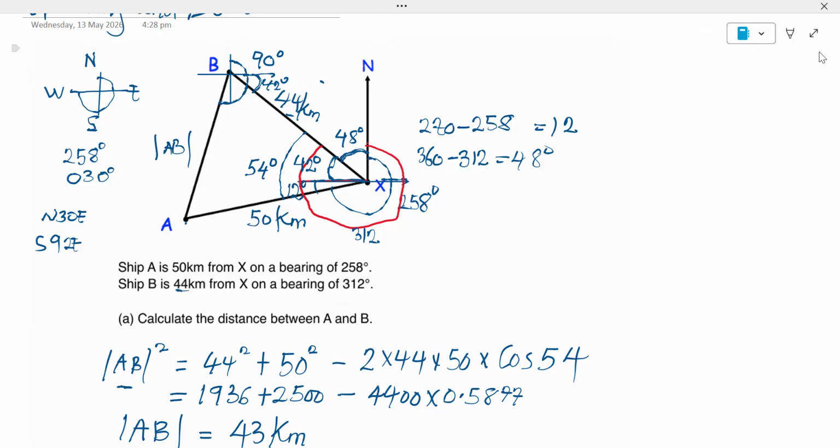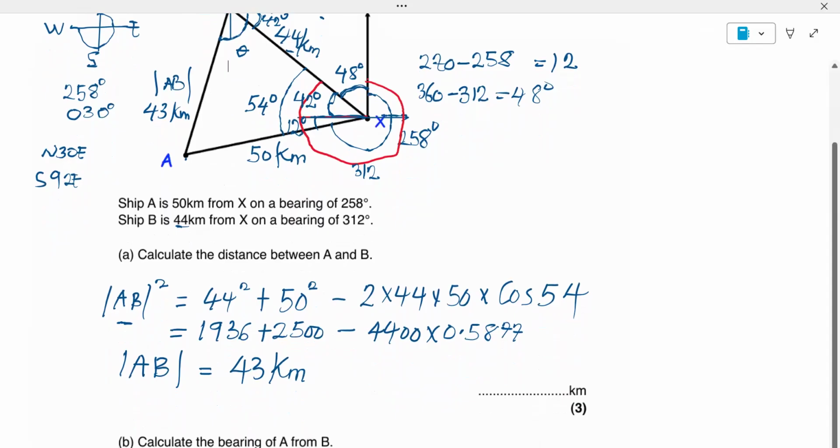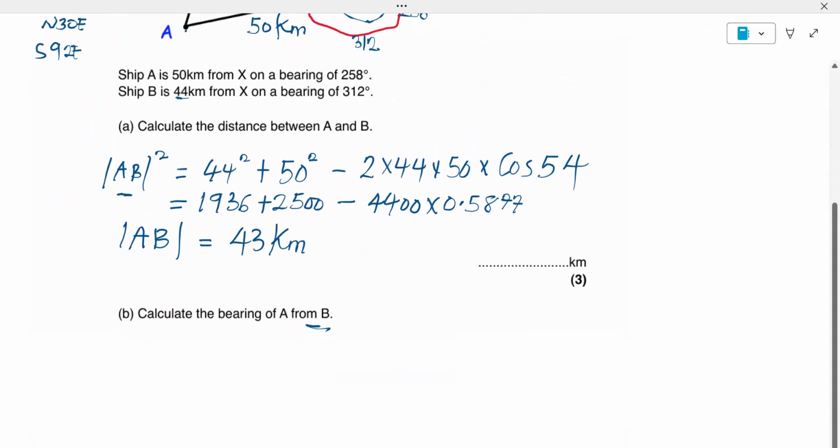So in answering that question B, we already have which side now? This side is 43 kilometers, right? So we have 43 kilometers and the angle that is opposite it is also known. So we only need to find this angle here. The side that is facing it is also known. So it means that we can basically opt for the sine rule to enable us find that particular angle. Now, if you go up and look at that diagram,